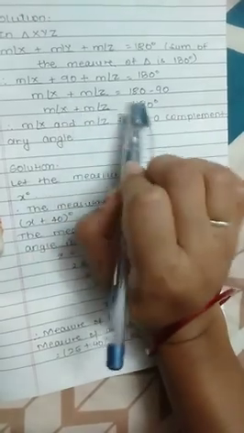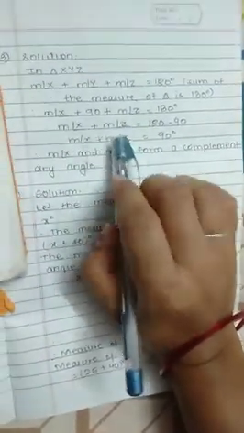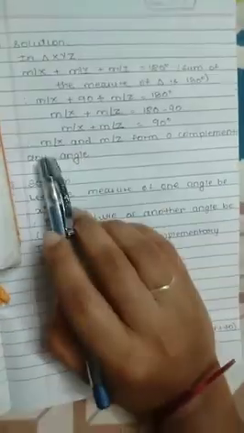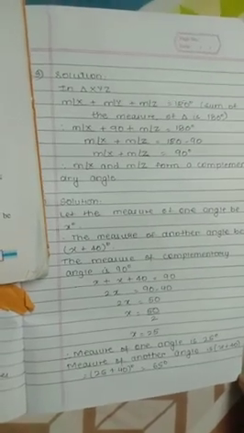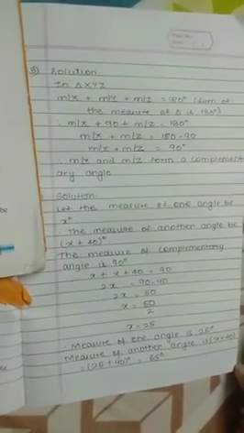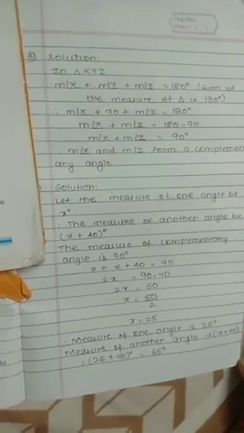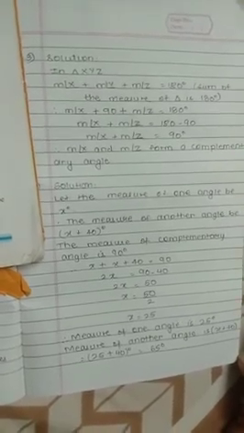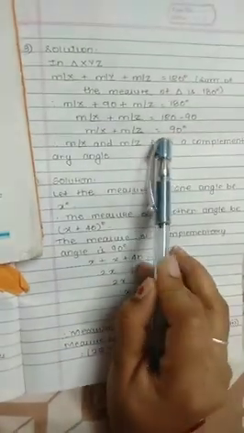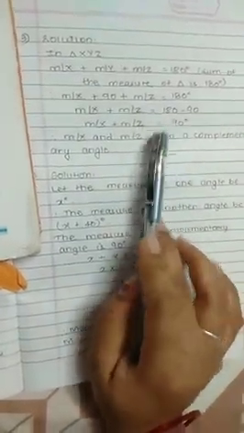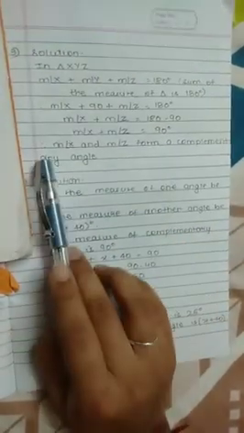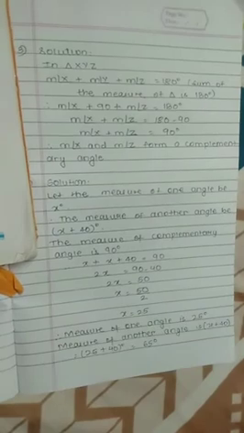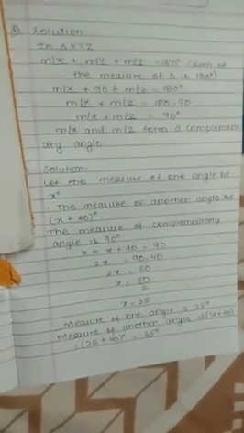The addition of 2 angles gives you 90 degree. That means this is a pair of complementary angles. So I can say measure of angle X and measure of angle Z form a complementary angle. We were asked to find out what kind of a pair do X and Z form or make. So the addition is 90. If it was 180, we would have seen it as a supplementary angle. Here the addition is 90, so I can say measure of angle X and Z forms a complementary angle.